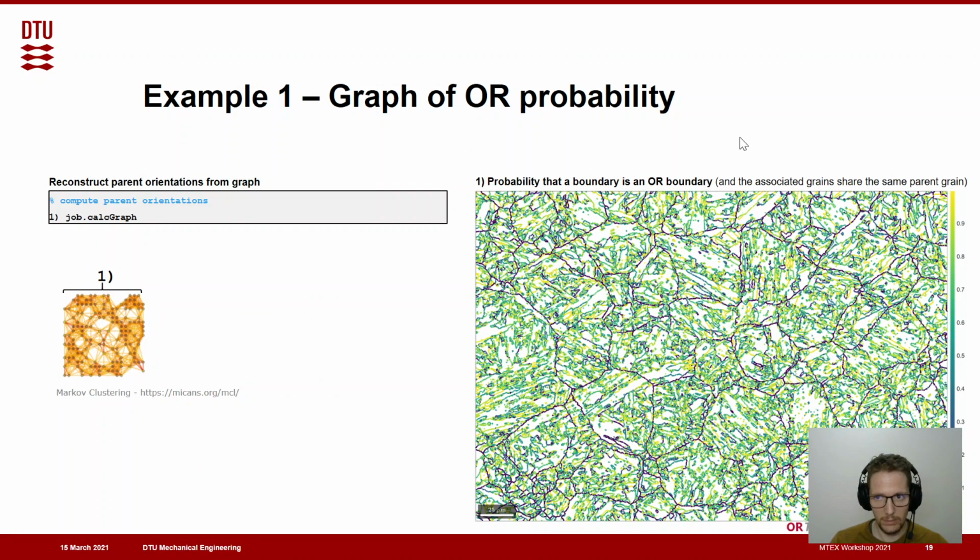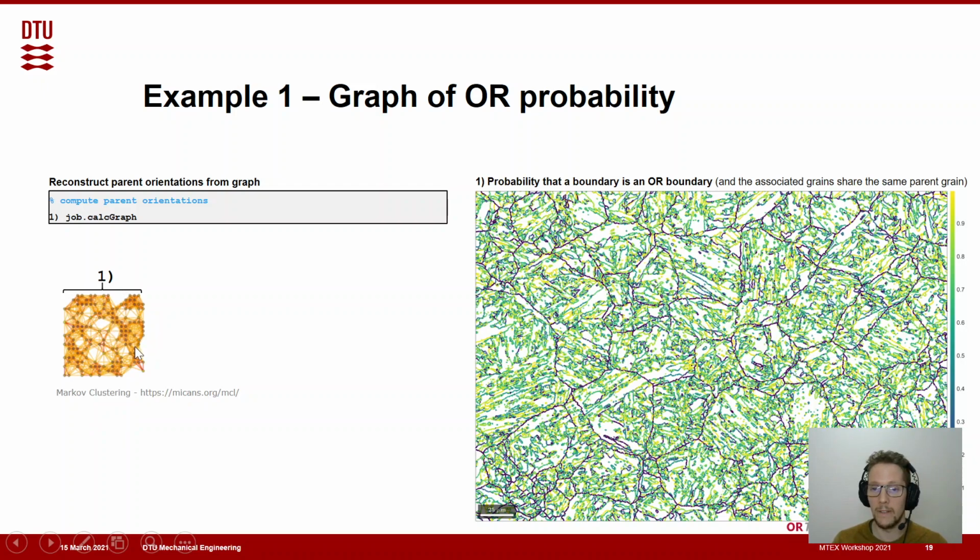So the same thing can also be expressed as a probability. The probability is something that is calculated in calc-graph, and calc-graph is now the first part of this reconstruction with a clustering algorithm. First we look at all the child grains, so all the martensitic grains, and we connect them to their neighboring grains in a graph, which looks something like this. All the nodes would be the grains, and the connectors are basically